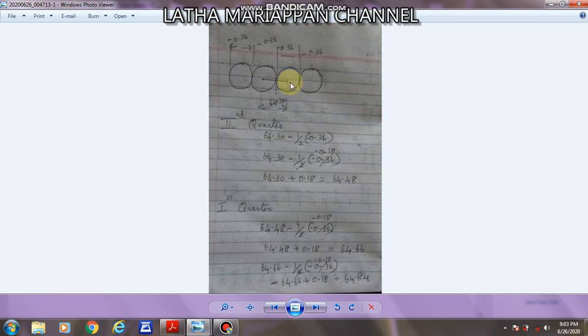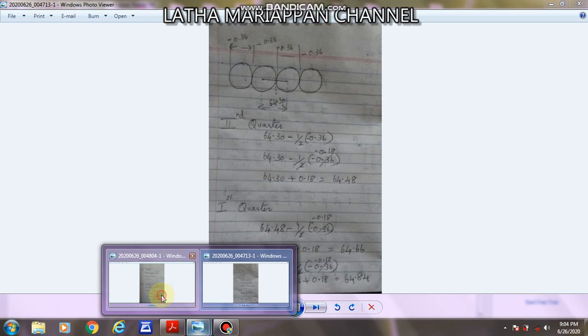Average 64. So that's why we want half of this. Half of this we calculated for the first and second quarter. For the first quarter again, we have to do the remaining values. Okay, next we'll see. So the first and second quarter is over, no? Now the third quarter.